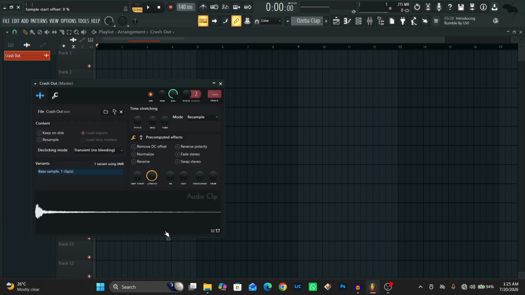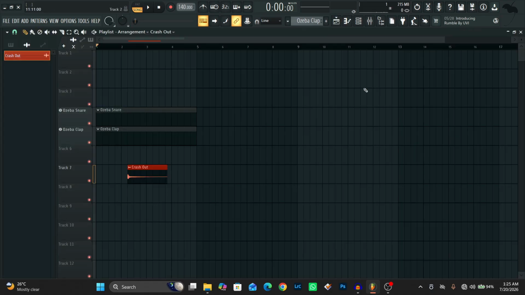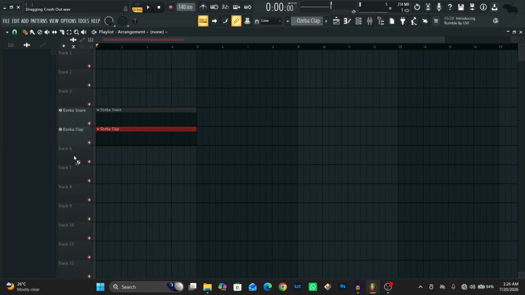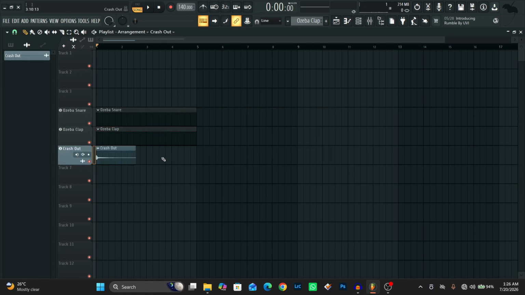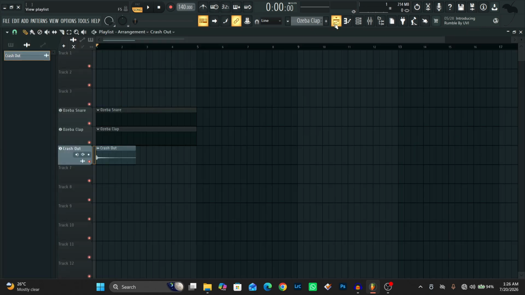Then you need to double click on it and click Ctrl L before it takes you to the mixer channel. This is the old way of doing things, and please, it's not the ideal workflow, right? In 2026, what you should do is drag this into the playlist and click audio tracks, and as you can see, it has created an audio track for you, and it is also linked to a mixer. This improves your workflow like times